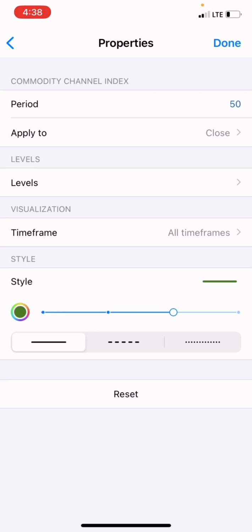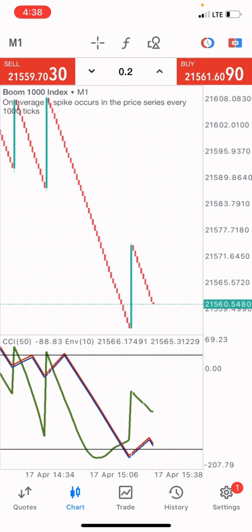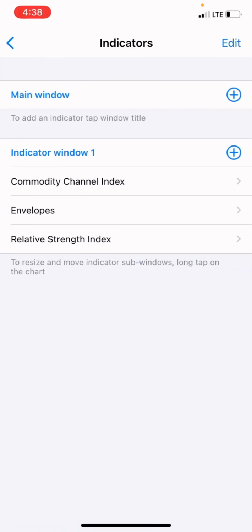And then for visualization, all time frames, of course. And for styling, I'm using the green color here. You can use whatever color that you wish to use, but make sure it is visible on your charts. All right, click done when you're done with that, and you have your CCI appear on your indicator window. And then the next one would be the envelopes,